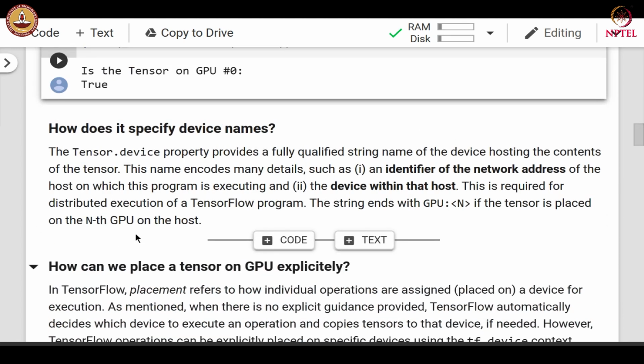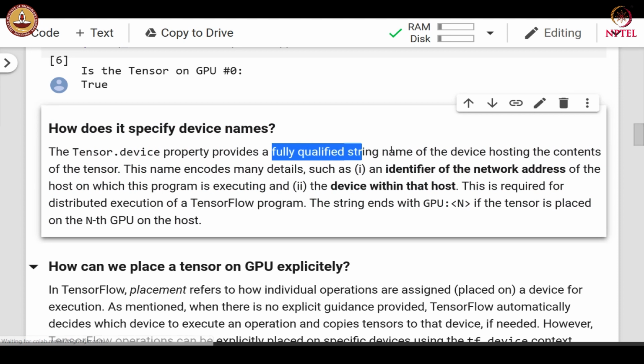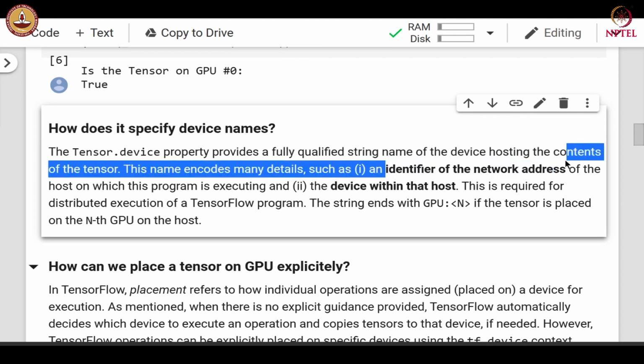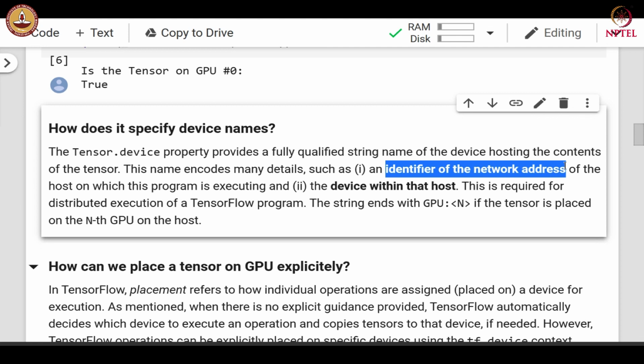Let us try to understand how the device names are specified in TensorFlow. The tensor.device property provides a fully qualified string name of the device hosting the contents. The name encodes many details, such as the identifier of the network address of the host on which this program is executing and the device within that host. So, there are two parts to it.